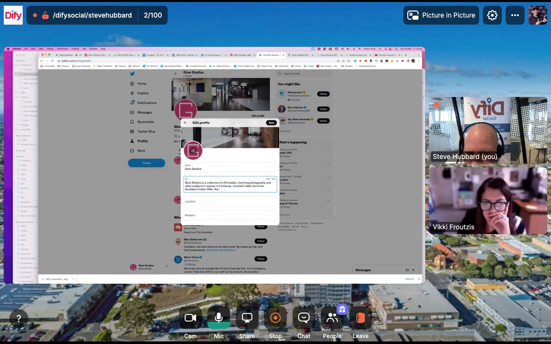So Glow Studios, how much have we got there? Glow Studios is a collection of affordable... Well, I can chop it down. Let's call it Glow Studios, Melbourne. By the way, let's name everything. You probably don't need to do it there, but I reckon in the name up the top, let's call it Glow Studios Melbourne,